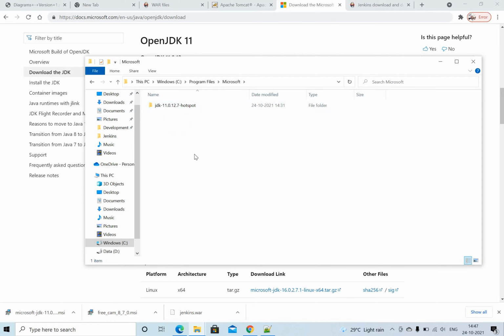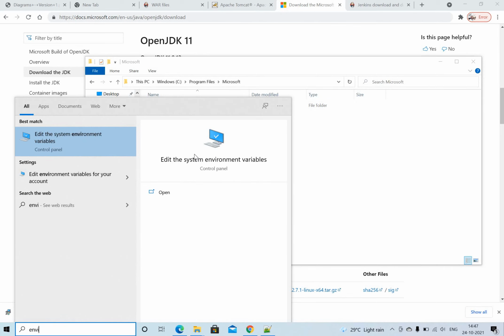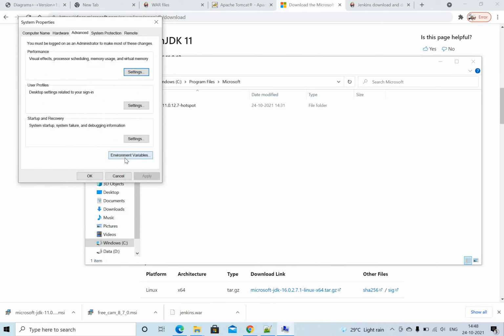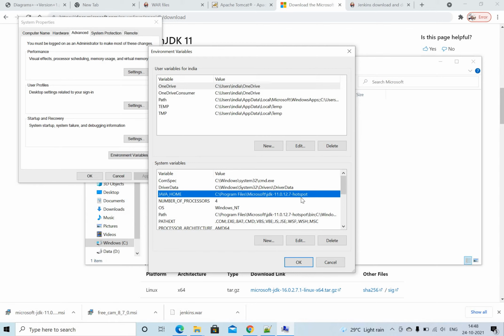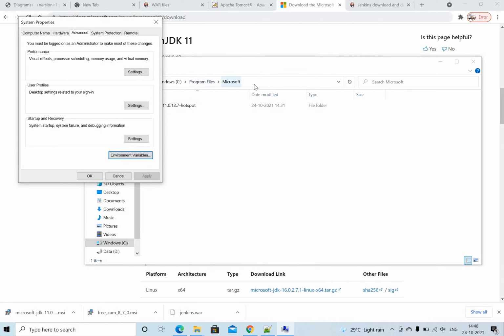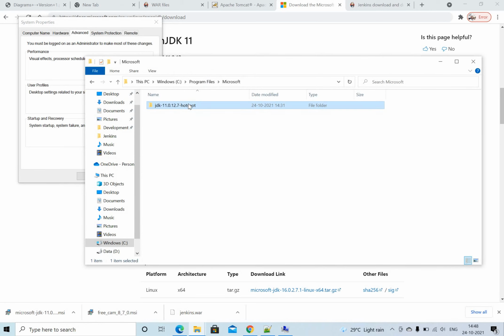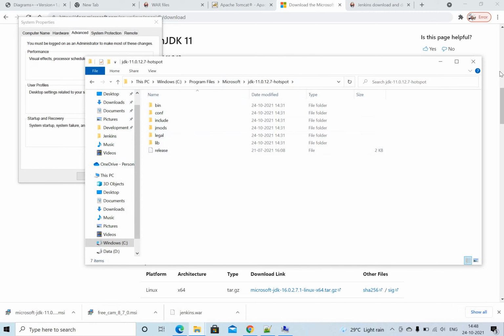The next step is to set the environment variable so that it will be accessible everywhere. I have set a system variable, giving the path up to the hotspot folder of Microsoft, as JAVA_HOME.